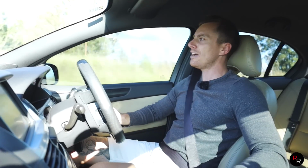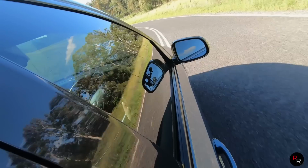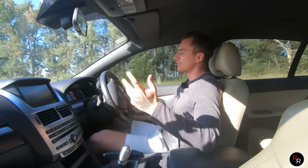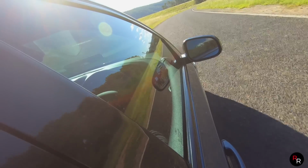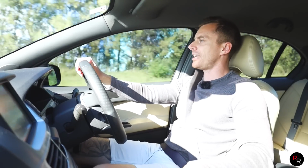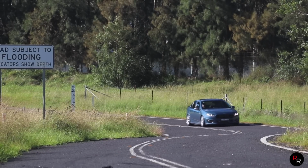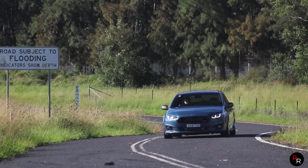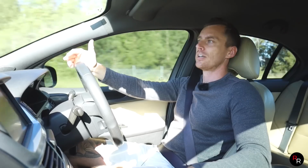Now guys, look, the FGX did come out in 2014, and unfortunately this was the last ever Falcon. It only ran until 2016, so this is one of the last Fords ever made, and it's a real shame because this thing was just so damn good. Everybody still wants these things. Like, Ford, just come out with these things now and we will line up to buy them again, because the